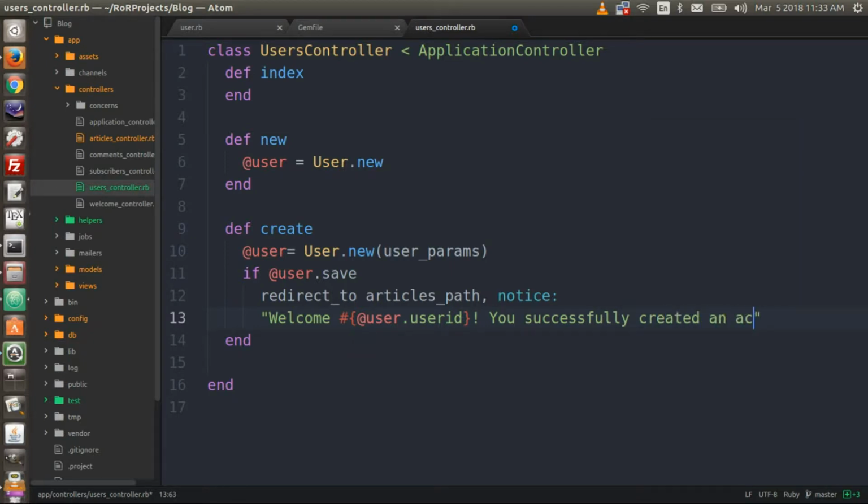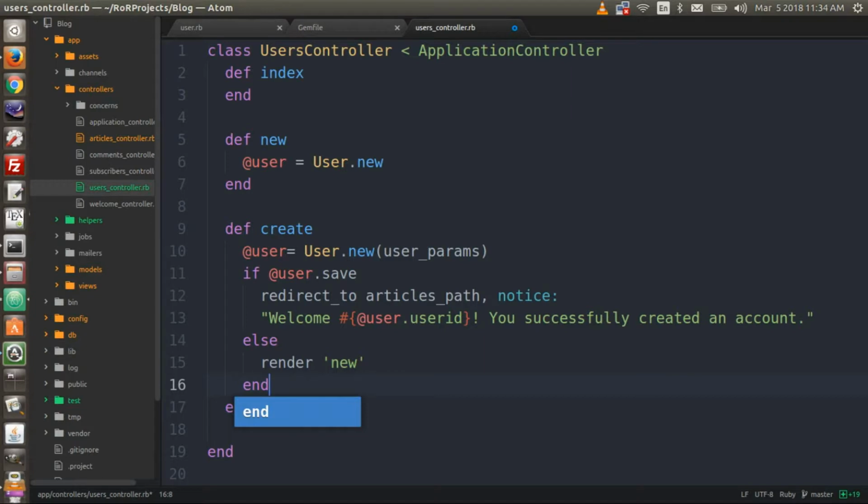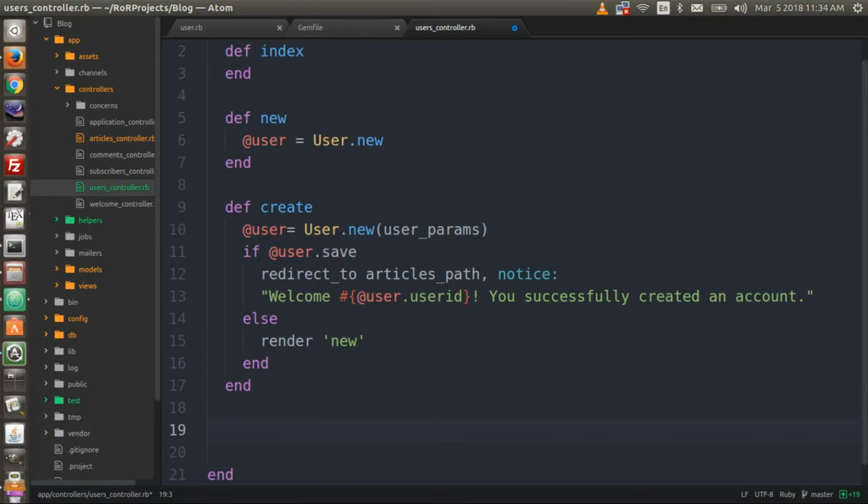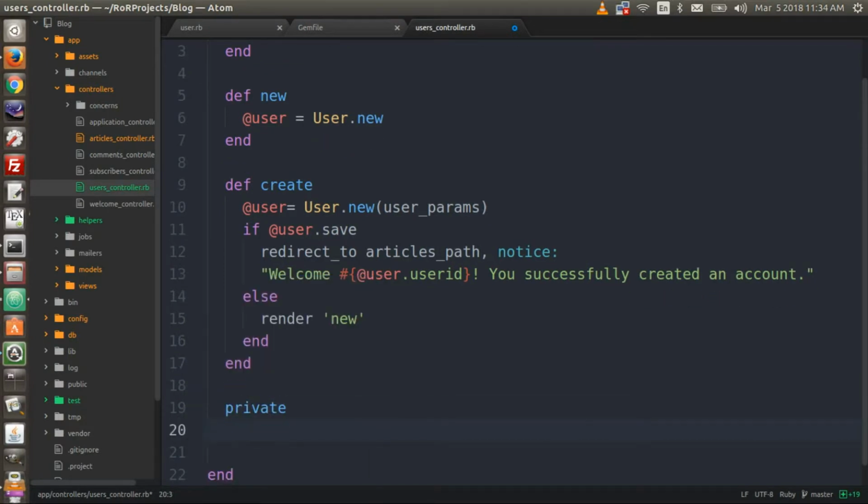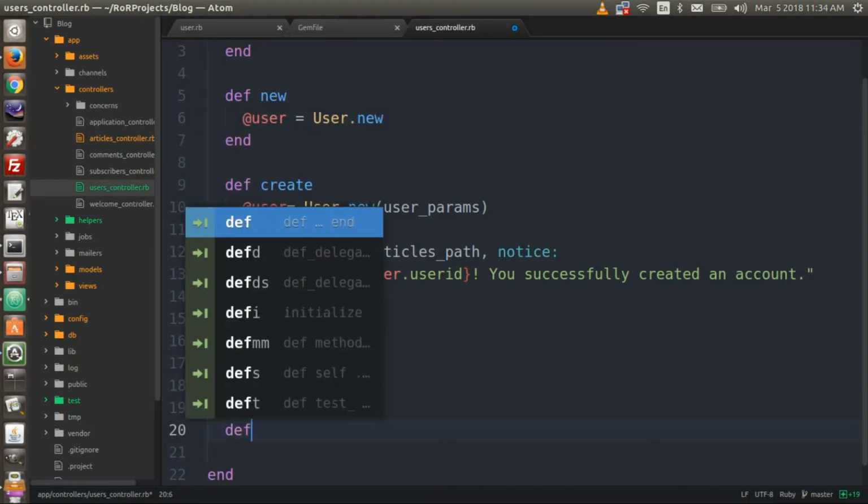Okay. Good. Then we want a condition that if something goes wrong, so then else render new. So then it just renders the new action instead if something goes wrong, and then type end for the if statement. Now let's create in a private method those user params. So type private, and then in here type def user_params,